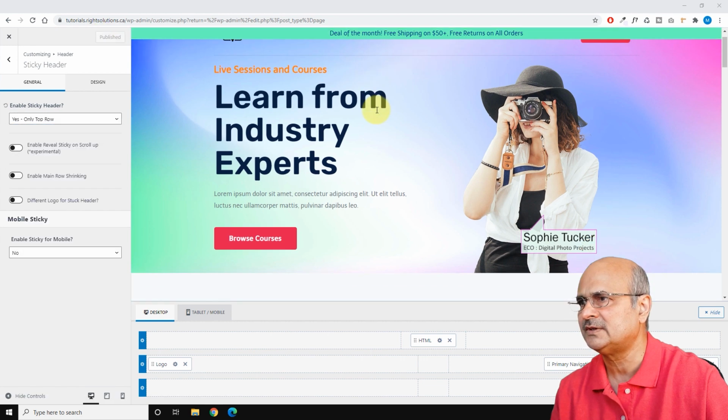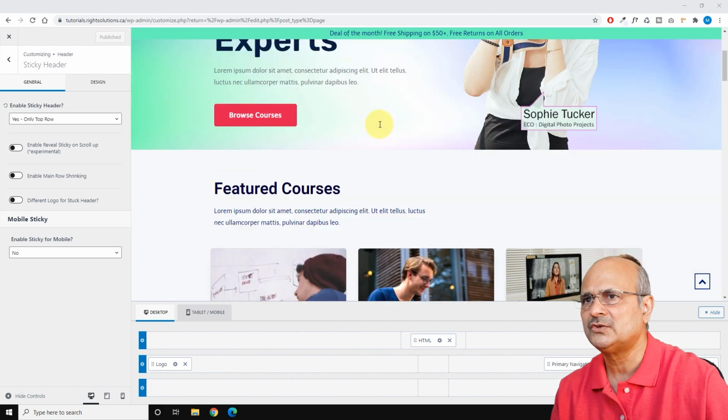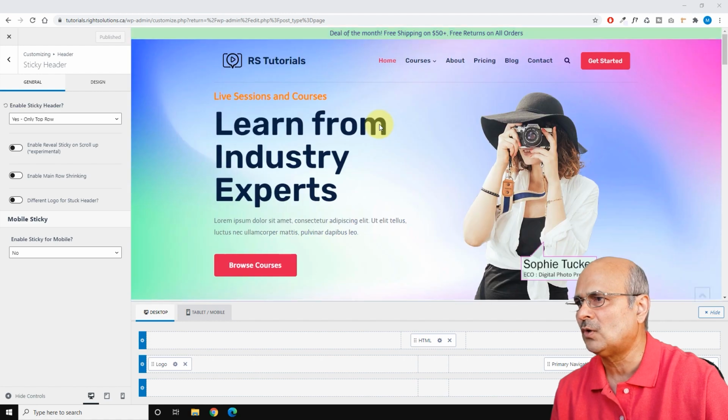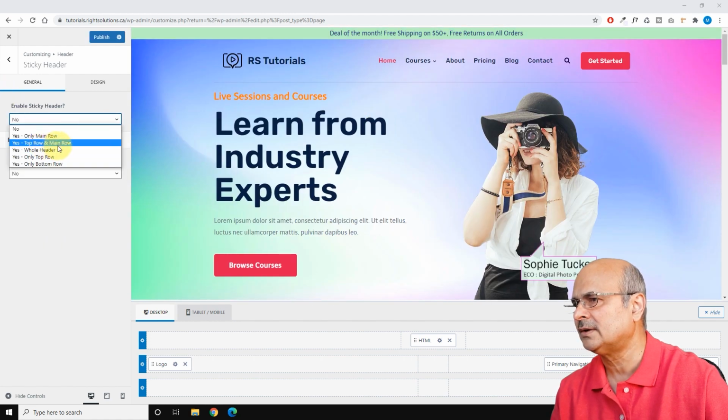Now let's see how it looks. See, your page is moving, but your top bar stays there as a message. So you can customize it the way you want to give a personalized message here. You have the option to select the way you want your header to stay sticky. You can select top row and main row, or the whole header, which will enable all three sections of it. You can say the top row as we selected previously, and you can also say only the bottom row, but we'll just leave it